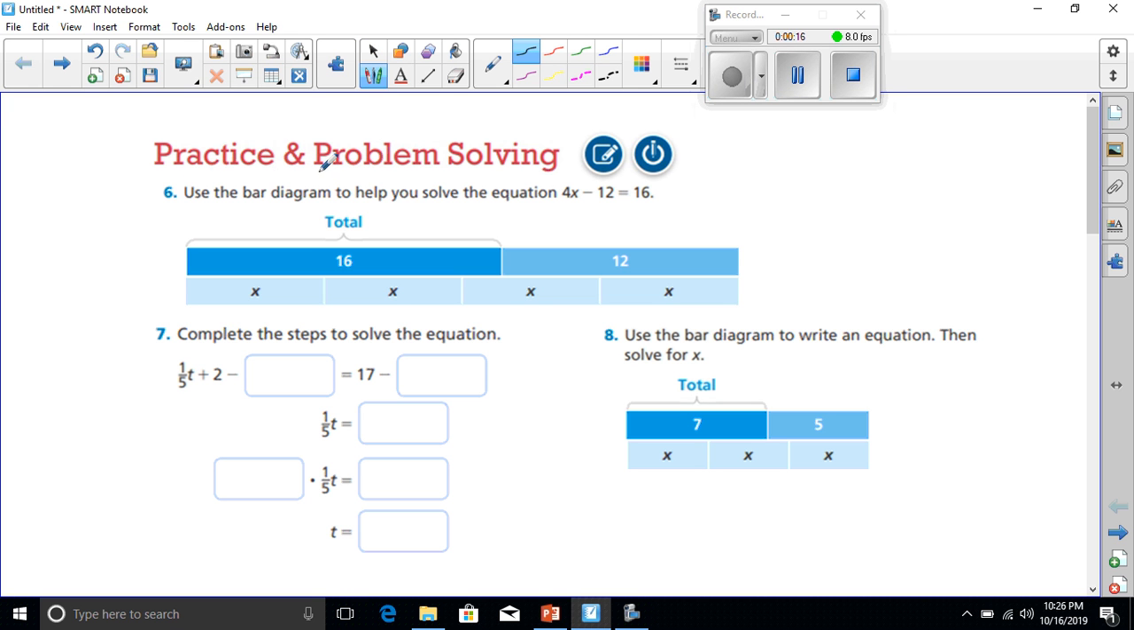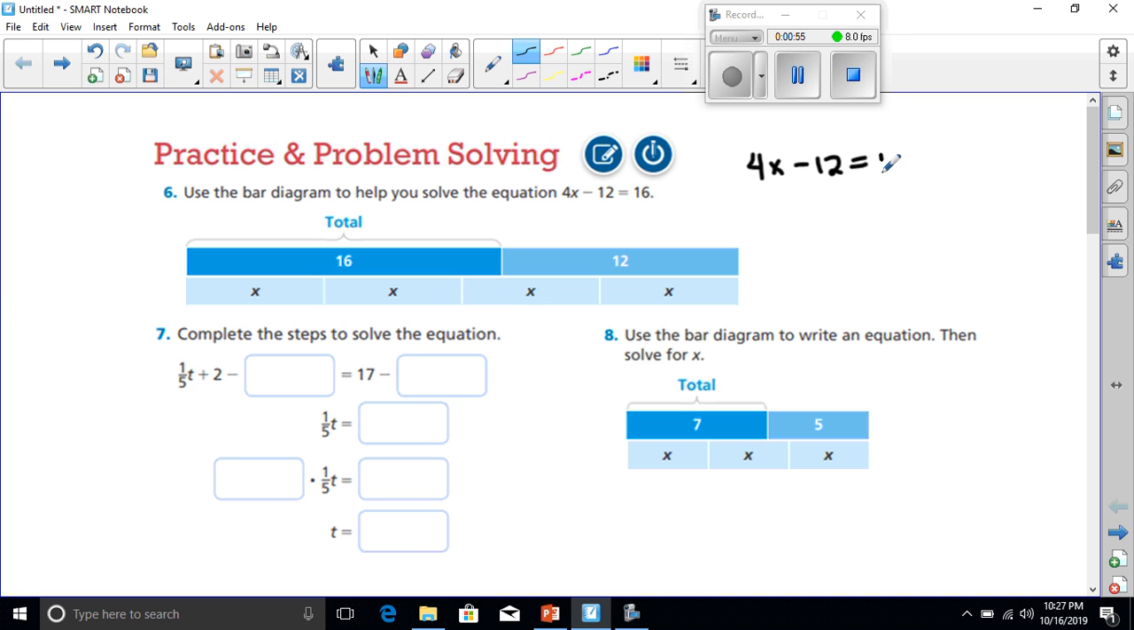Number 6 says use the bar diagram to help you solve 4x minus 12 equals 16. Well, they're saying here that 16 and then they have 12 over here, and it's going to be equal to 4x's. Now, why is it that they're saying that this is equal to 4x's when up here it makes it look like 4x minus 12, when in essence it's really the same thing. Let's watch. If I have 4x minus 12